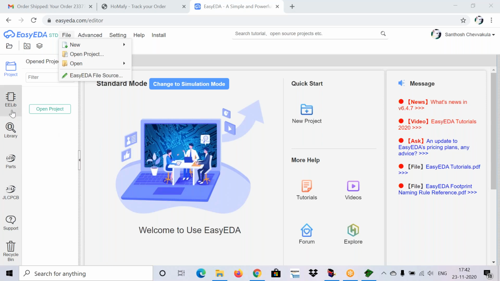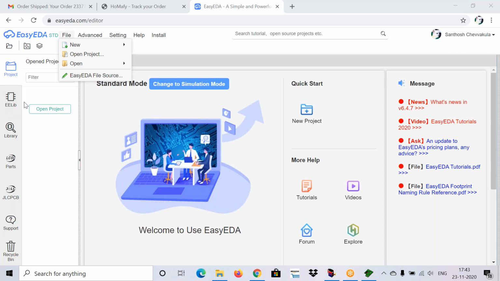Now coming to the double E library. Double E library is nothing but EasyEDA library. In EasyEDA library, we will find all the basic electronic component footprints as well as symbols. First of all, consider them as circuit symbols. Later, we will discuss about footprints.